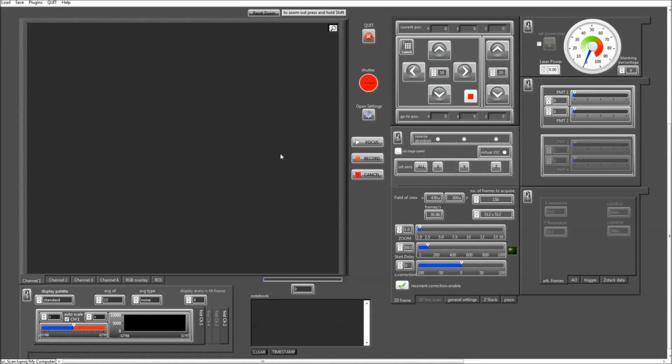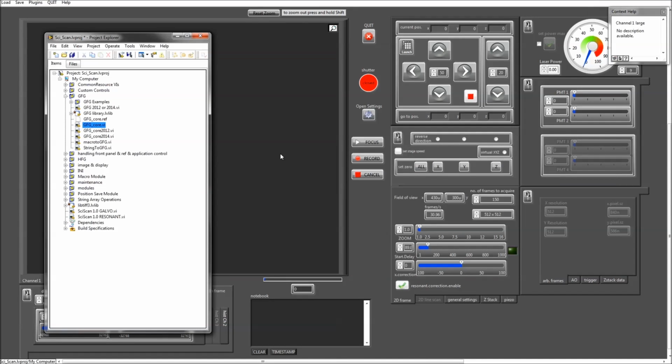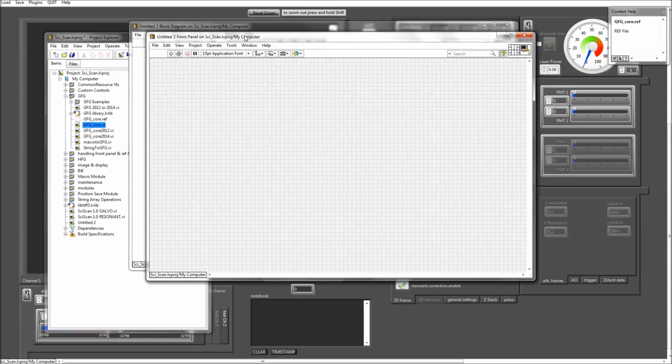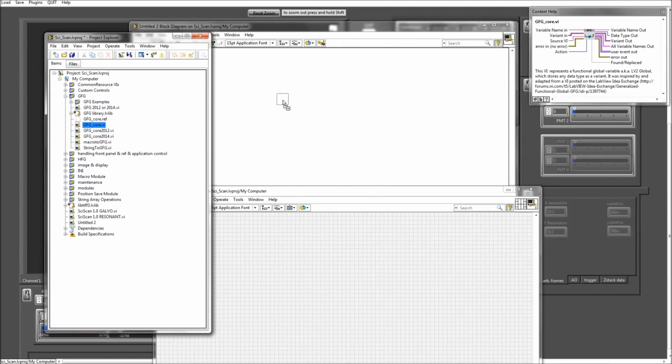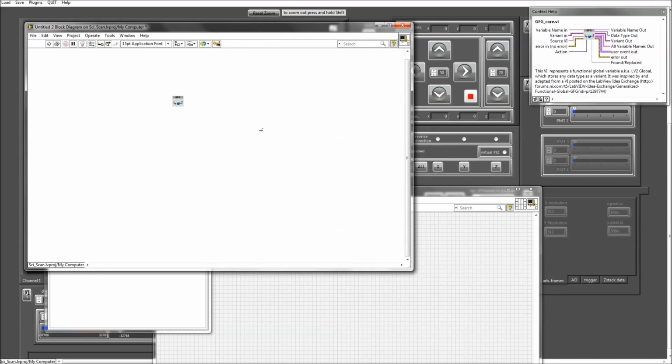And to show you that, I'm just going to write a little example VI that makes use of that GFG to read some of the settings in here. And you can see that SciScan is already running, and I don't even need to stop it. You don't even need to understand any of the code that's written in there. All you're going to do is just write your new VI, use this GFG core VI as a sub VI on that block diagram here,